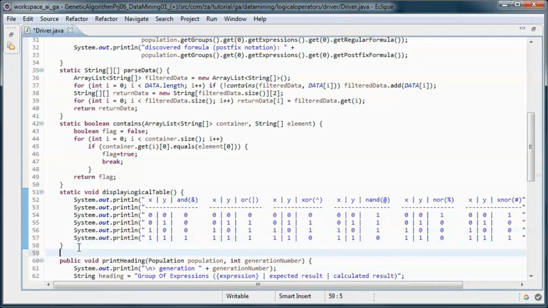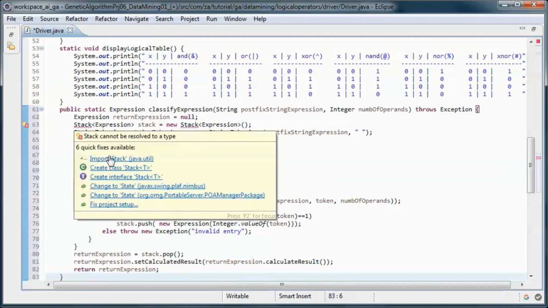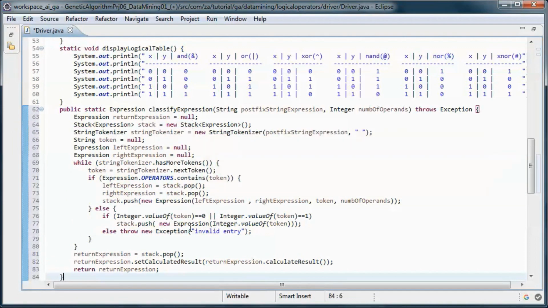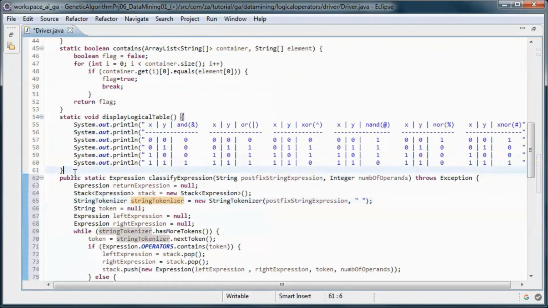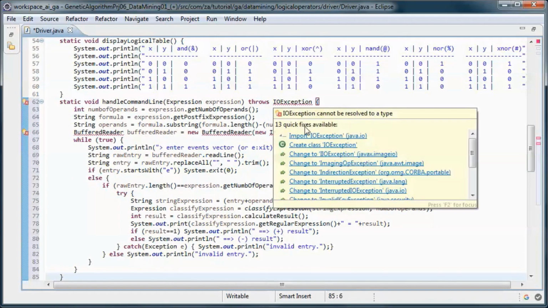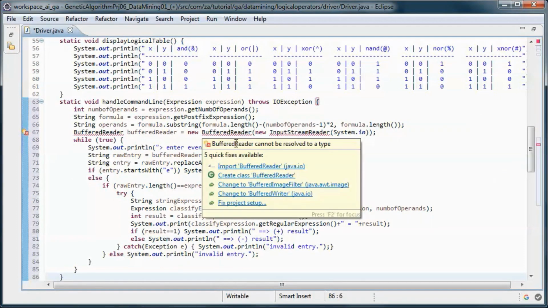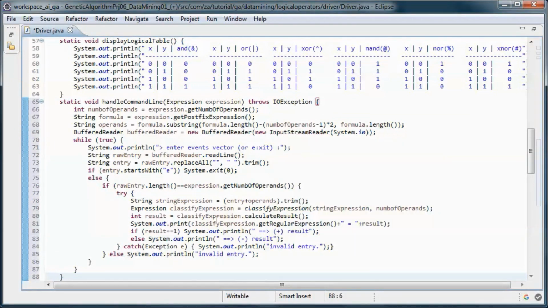And this one does classification of a vector of events using the formula that we deduced from the data. And this method that handles command line entry ends up calling the classify expression method.